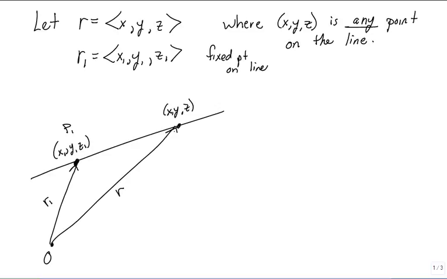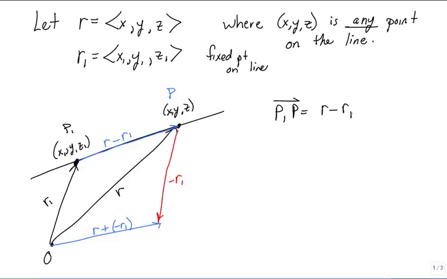Now if we go, let's say, -r1, then this vector right here is r plus a -r1, or r minus r1, so that makes this vector r minus r1 the vector between P1 and P. So the vector P1P is the same as r minus r1, which is parallel to a, the representation vector,